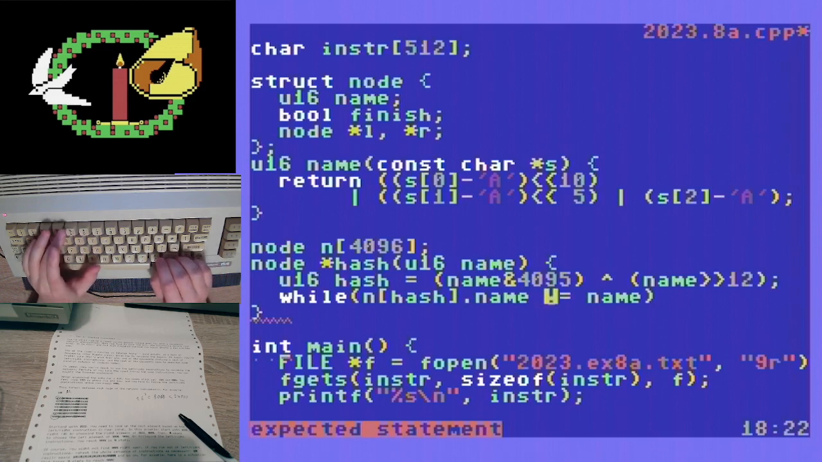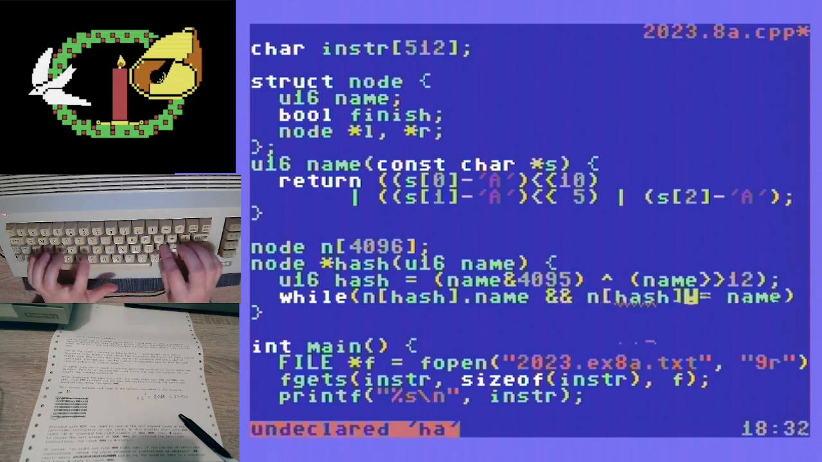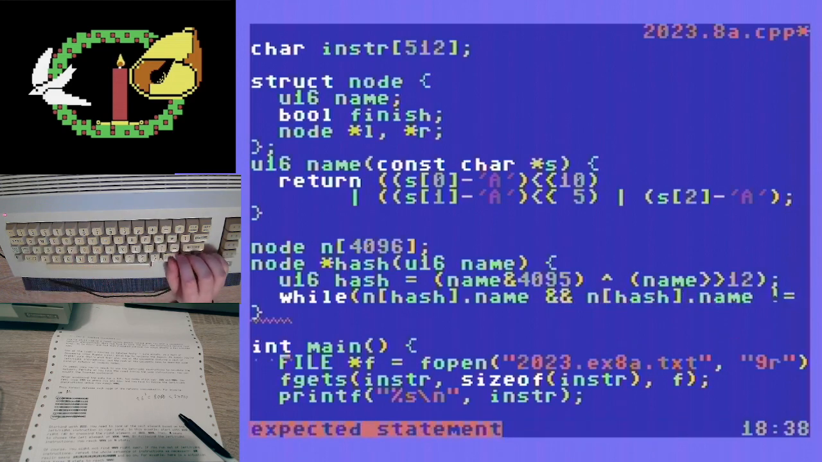Hash name. While n hash dot name. So this is the linear probing part for the hash table. As long as the name exists, or that there exists an item in this bucket, and